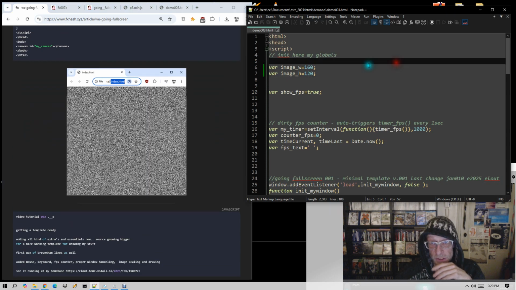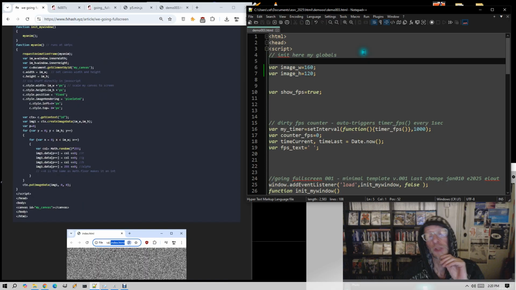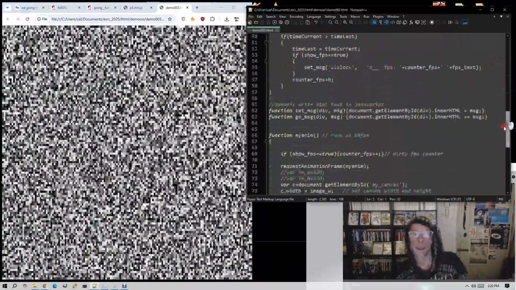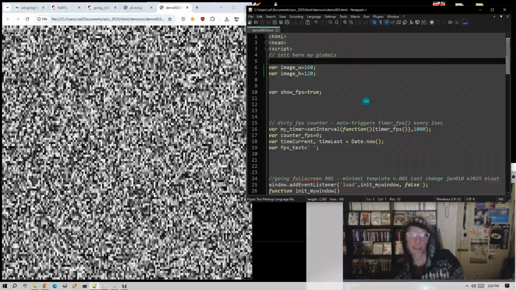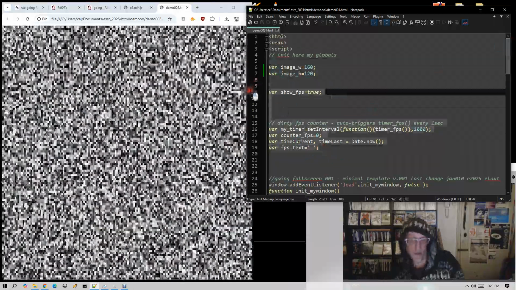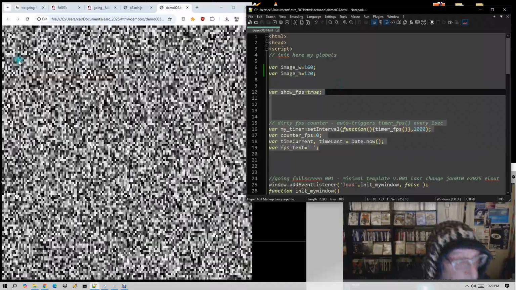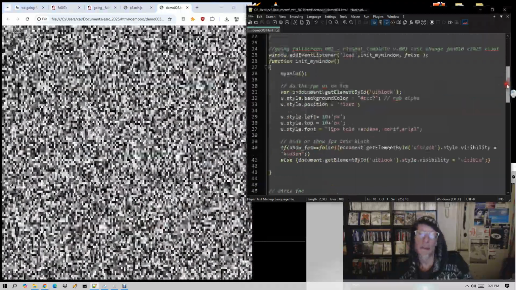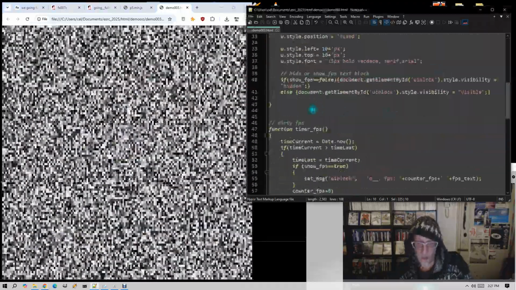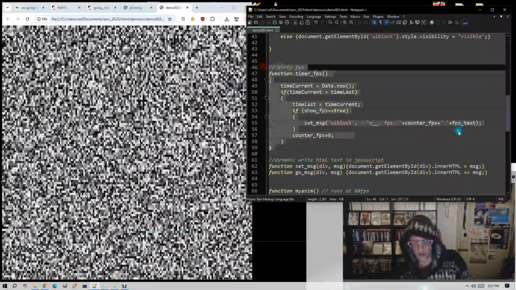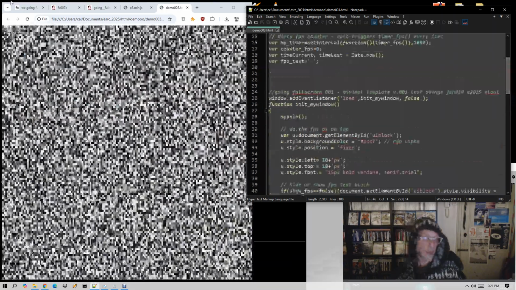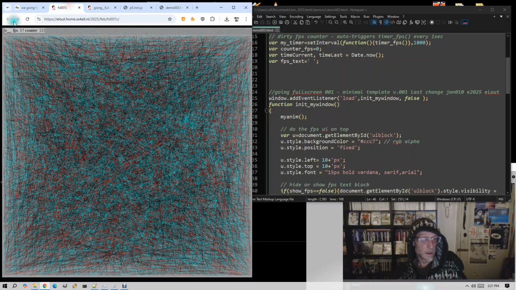For example, I have this little demo here, the first one I showed you. Mostly when I start working, I add all kinds of extras to it that I can use. So this is the basic noise thing, only this time I added the FPS counter in it here, so you can track things and check the FPS. And mostly I copy and paste this and reuse it every time, like Lego blocks. Same time, if I check my source here,